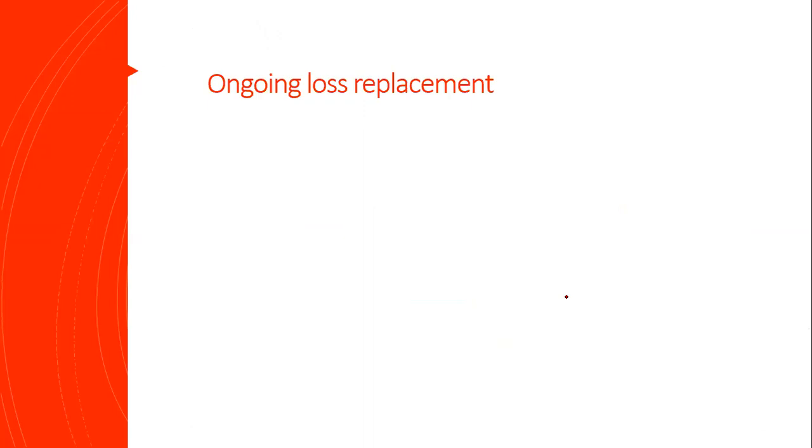So now we have taken care of the past. We have replaced the deficit. You are giving what the child requires on a daily basis as maintenance. What about ongoing loss? This child is still continuing to lose fluid in your hospital. Okay, so it has to be replaced ml by ml. If you are able to measure the diaper of the child, then well and good. You know how much this child is losing in stools. You can replace the same amount.